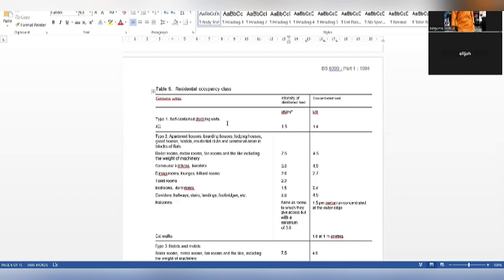Boiler room, motor room, fan room, and the like, including the weight of machine. You don't keep machines in a duplex. It's not a printing press. It's not a refinery. You don't keep stuff like that. So if you use 7.5, you would waste your client's money very brilliantly, because your building will be